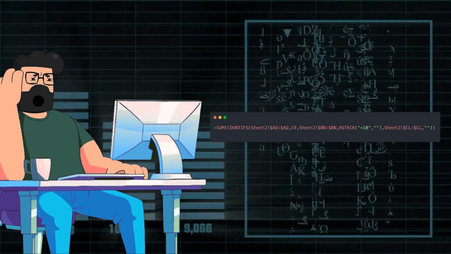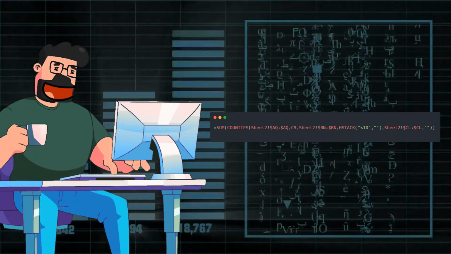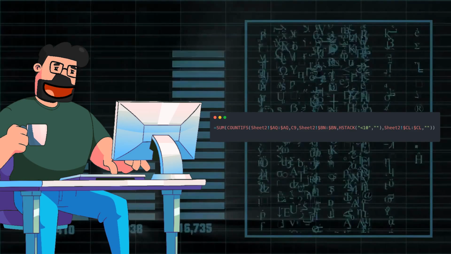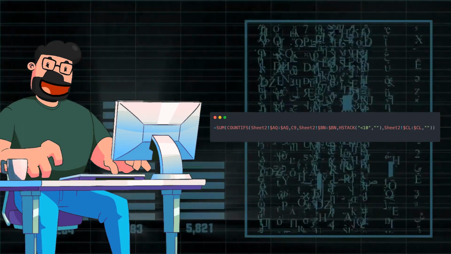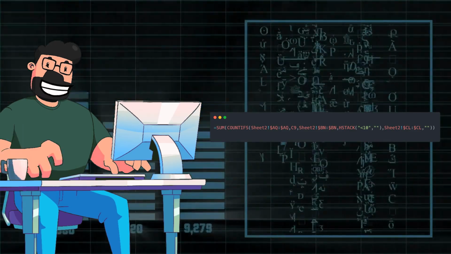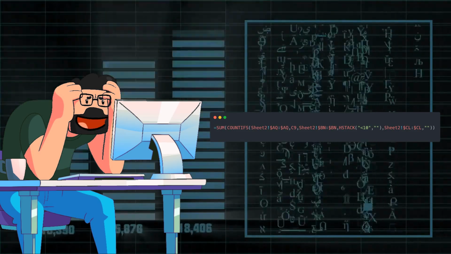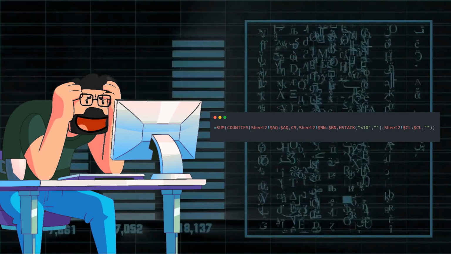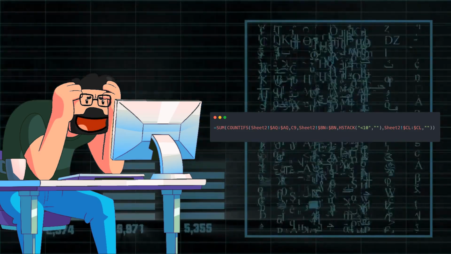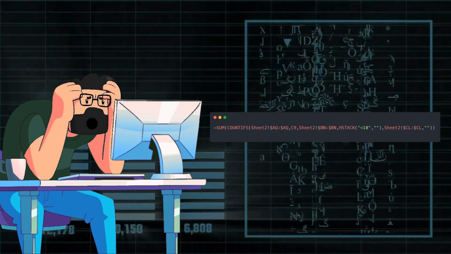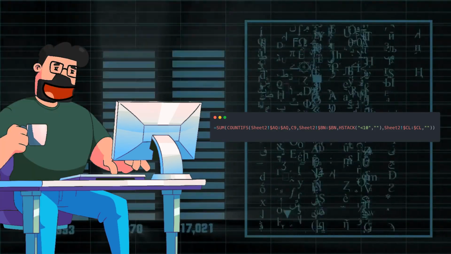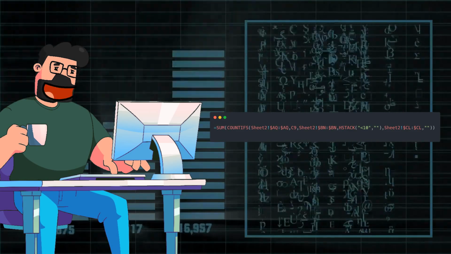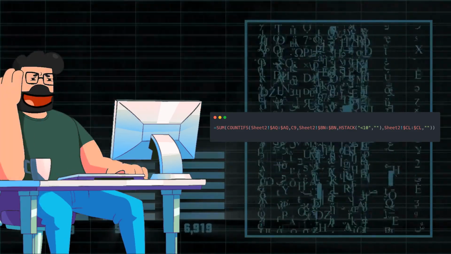Now let's talk about the solution to our problem. By utilizing the STACK function in Excel, we can modify the existing formula to achieve the desired result. The key here is to use the SUM function in conjunction with CountIfs and STACK to accurately count cells that are less than 10 or blank. The updated formula will ensure that both conditions are met when counting the cells, giving us the comprehensive count we